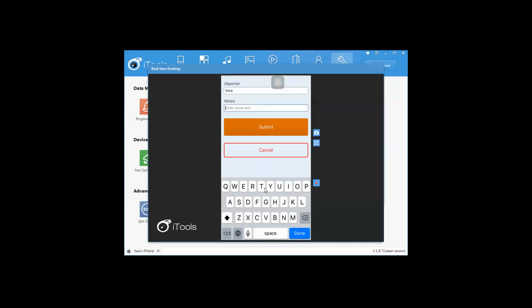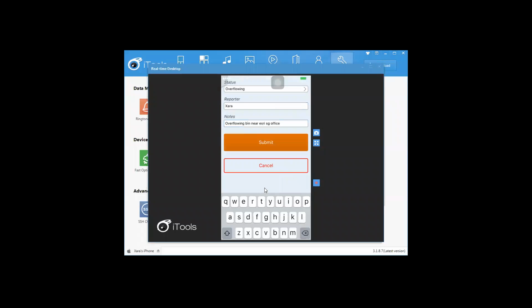So overflowing bin along or near SG office. Okay, so after I've added the necessary information, I can tap on submit.